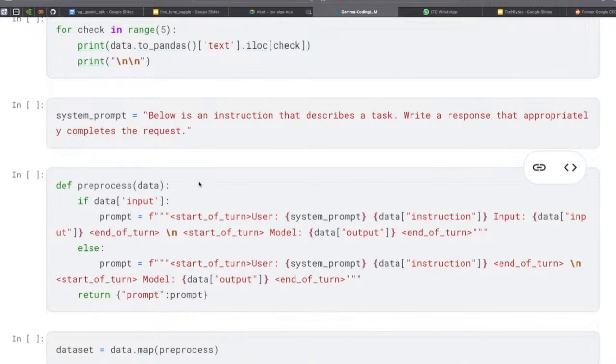You need to give start of token. You need to define your user. Then you need to give instruction, so whatever instruction you have for that coding LLM. Then you need to give end of token. Then again start for your model, then again end. So whatever data I have, it uses a format called